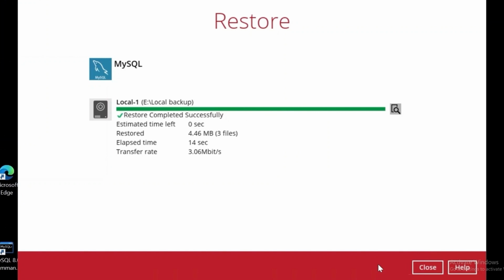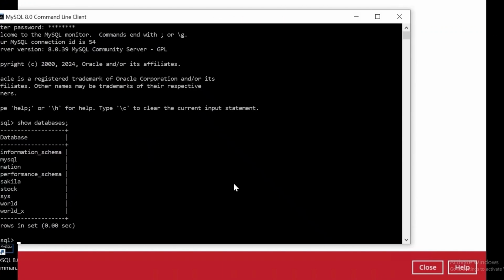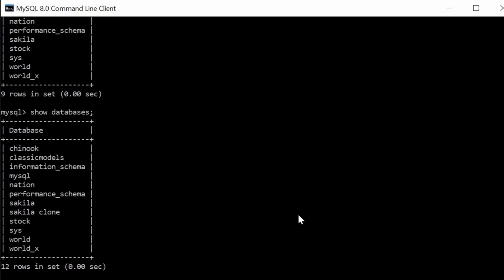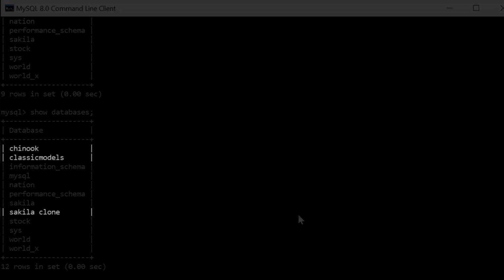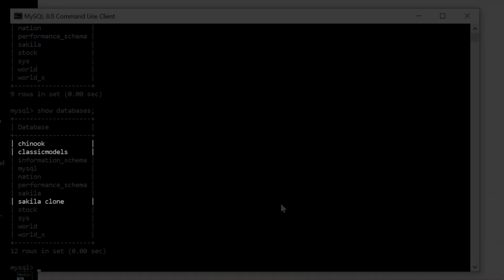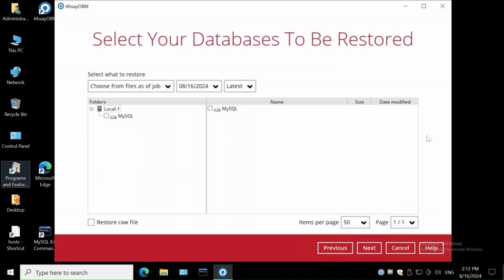To check if the databases have been restored, open the MySQL command line client. Use the Show Databases command to verify. We have successfully recovered the selected databases. Moving on, I'll show you how to restore your databases remotely to an alternate or standby machine running on the